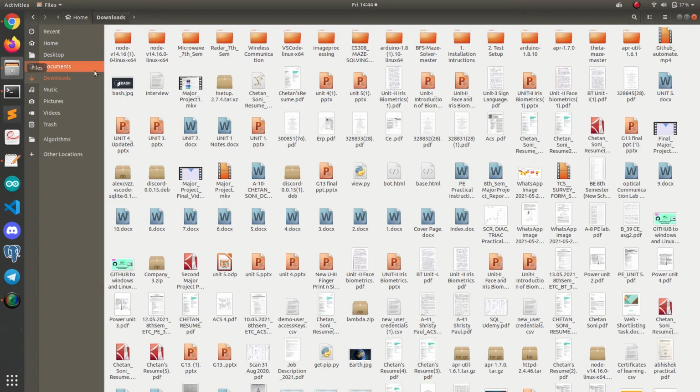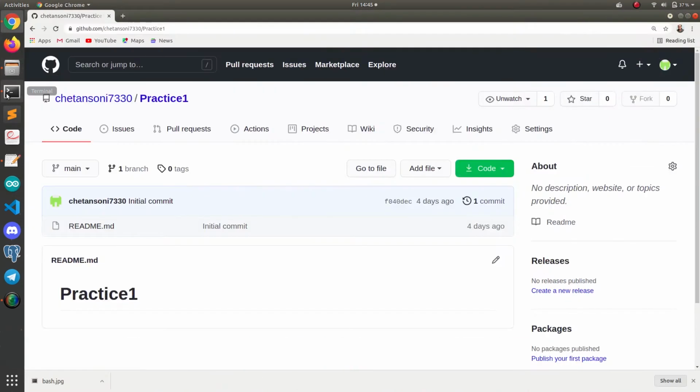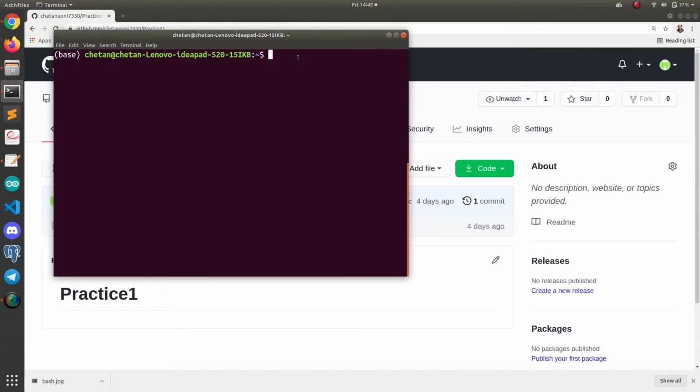Right now I am in my home directory, so let me go to documents, and here let's create one folder with mkdir automate github. In that let me create one file, hello.txt, and write hello world.